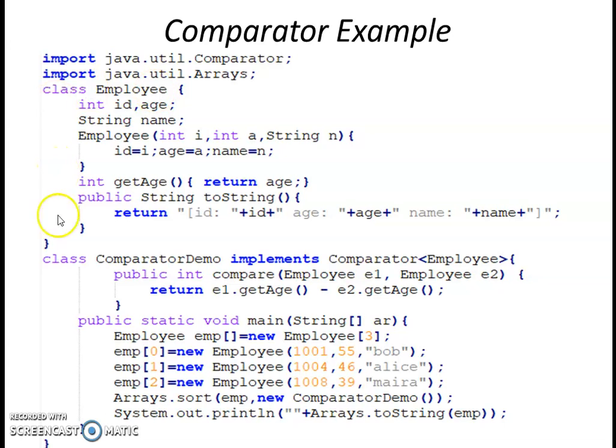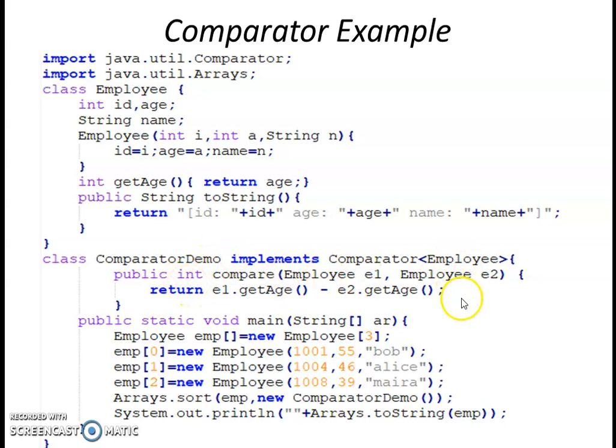We need to create a separate class. So we are creating separate class named ComparatorDemo, and this class implements comparator, and we are going to compare or sort objects of employee class. So we have written Employee over here, and now we must override compare method provided by comparator. So we are overriding it, and syntax is simple. This compare returns integer value, so we have written int.